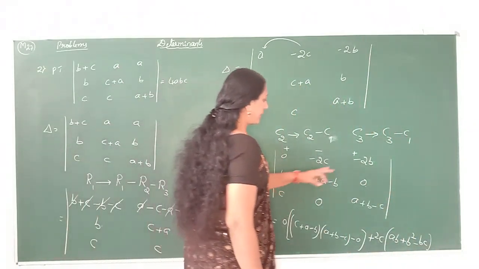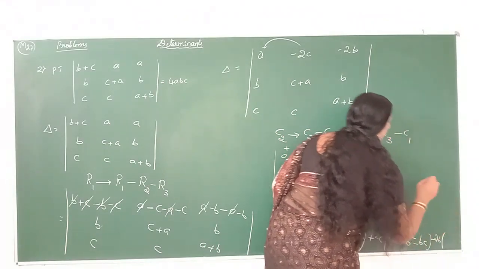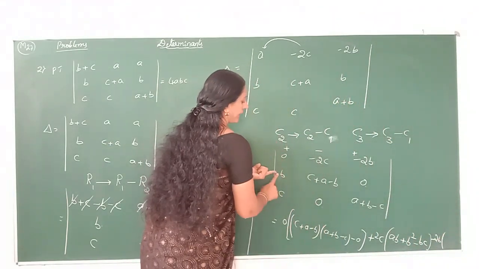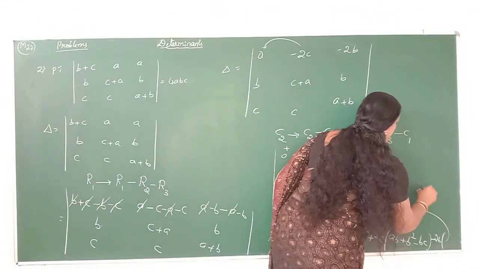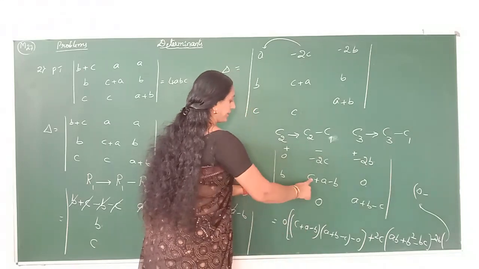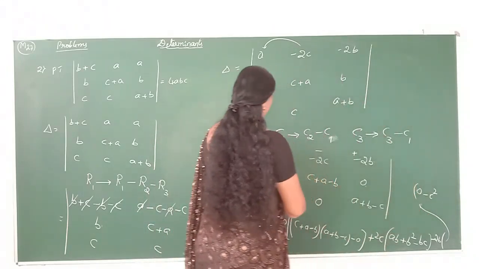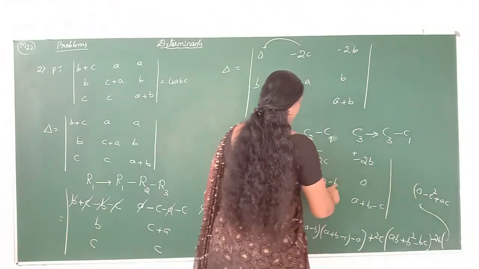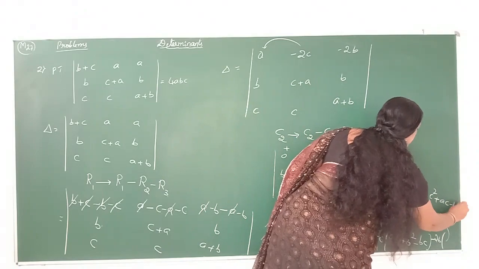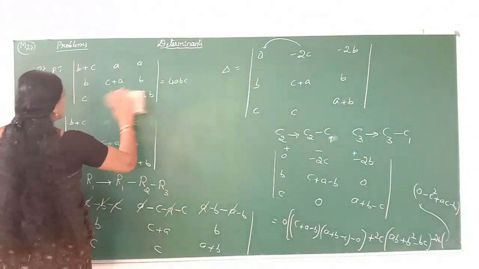Then the last element is minus 2B of, left diagonal will be 0, minus right diagonal, C into C is C square, C into A is AC, C into minus BC. So then we'll get it simplified in the form of